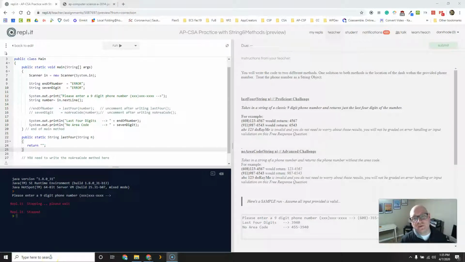In this practice free response question, I want you just to get back into the mode of coding in Java and answering questions that will be similar. This one's much easier, but similar to the types of tasks I'm guessing you'll be asked by the AP. I'm hoping to learn more and read more as I follow the teacher forums and find out what specifically you're going to be asked. But let's do a walkthrough on the Replit problem that I've provided you to start as